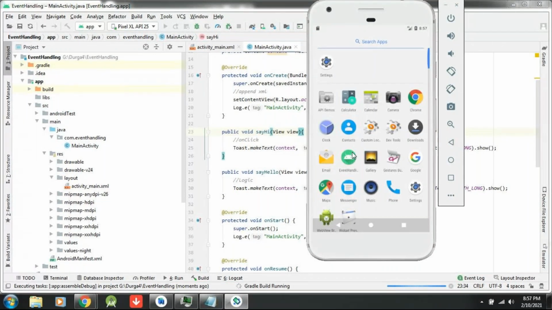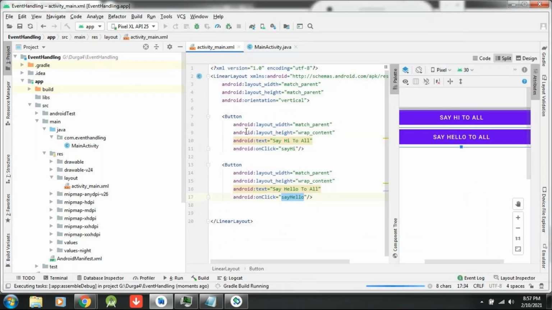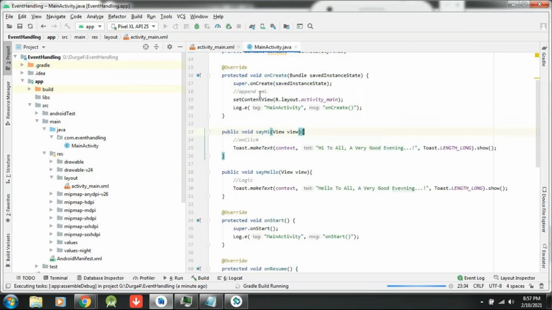Okay. What is the attribute method? Simple. For any button or any checkbox, any text view, whatever the view is, for that you need to add an attribute. What is this attribute? The onClick attribute. What is the method you would like to create? With that name, you need to pass it. Similarly, that method you have to create here. Say hi.